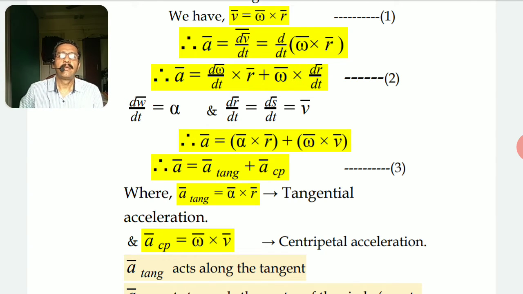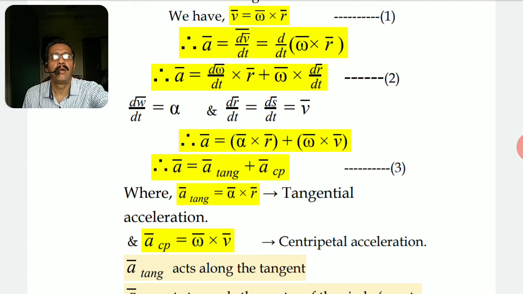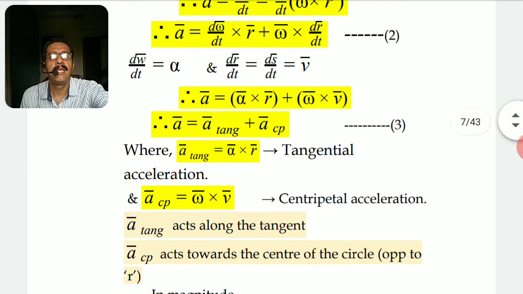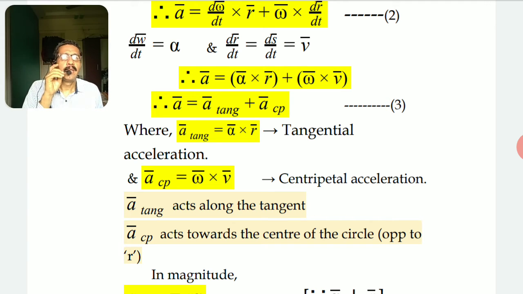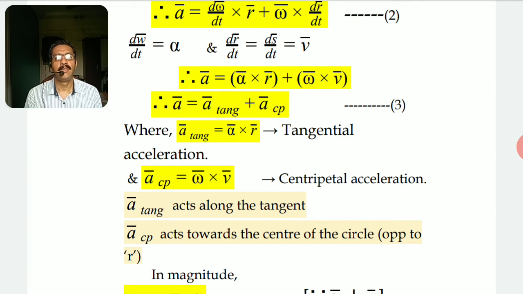So on the right hand side now I have d omega by dt, where d omega by dt stands for angular acceleration alpha, and dr by dt can be considered to be equal to ds by dt, where this ds by dt will be the same as your linear velocity v. So the right hand side will now become vector A is equal to alpha cross r plus omega cross v,